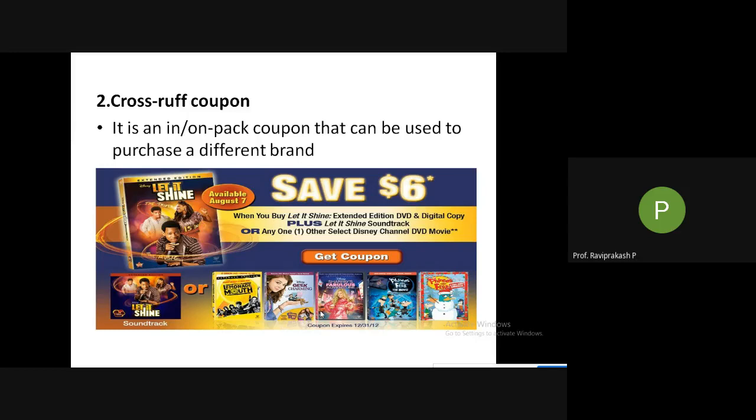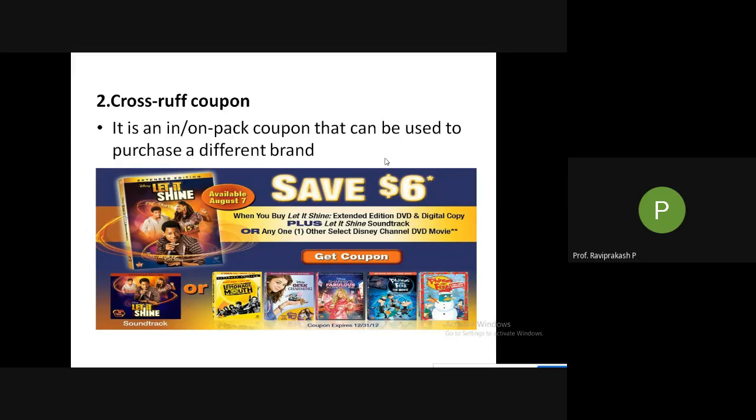or scratches. So what they are doing in this case is saying that you buy this, so on the next purchase of a set of particular different CDs or DVDs, you can save $6. So this is the cross ref coupon, where on buying one thing, they are giving you a coupon which states that you can buy some other product or some other brand. These are basically done by the retailers and not the company, because they are producing one album at a time. So when you go to stores, the store people will be having such coupons.